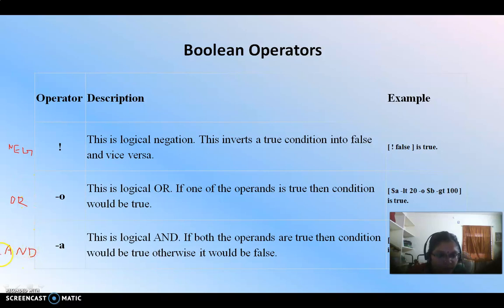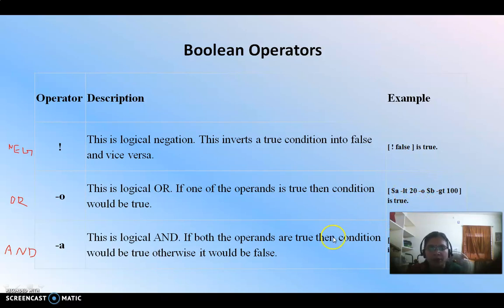Okay, and this is called the negation operator, like this. The logical negation: negation false is equal to true. It can also be used with if statement, while, and as well as for loop. And the next one, $a less than 20 or $b greater than 20. Okay, any one of them can be true. If $a less than 10 is true, then even if $b greater than 100 is false, if any one is true, then only the or condition can be true.